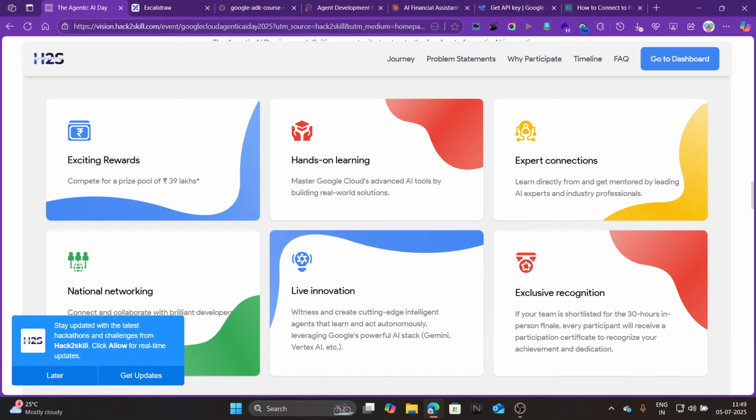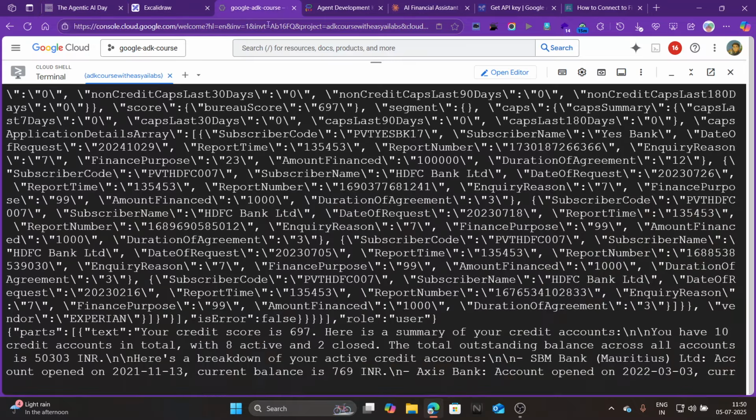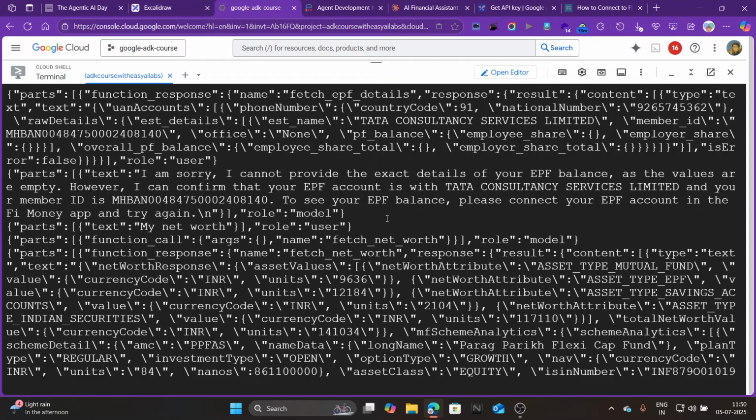If you have any doubt regarding this MCP server, I will create a separate mobile screen recorder video on how you create a Fi Money account and where you can find the passcode. I didn't include this part because I want to stay as raw as I can. Here you can see in front of you, I do everything. So if you get stuck on any particular problem, you should know what your approach should be to solve it. I didn't cut any part. Whatever raw video I have, I just uploaded it.